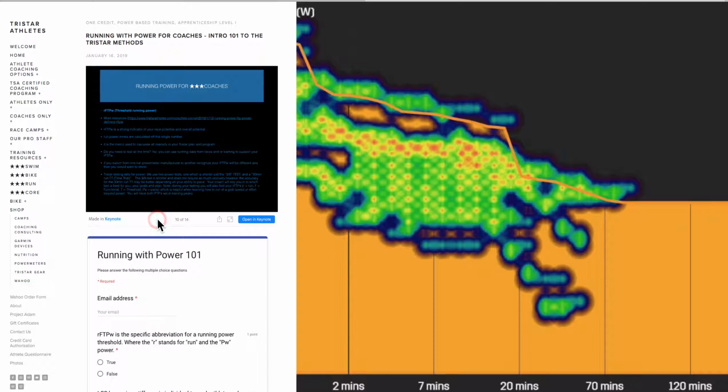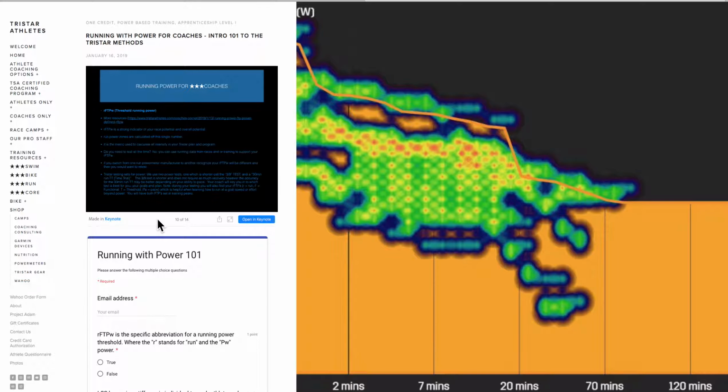All right, so we're back on our FTPW. So many abbreviations in coaching, so many, but a new one for you. FTP, functional threshold power, functional threshold pace, that's what it stands for. But when we talk about running power, we put an R in front of it to just say running, and PW stands for power. So it's just one way to call it out so we know that it's specific. Another coaching abbreviation for you guys.